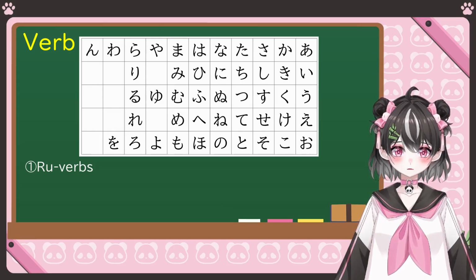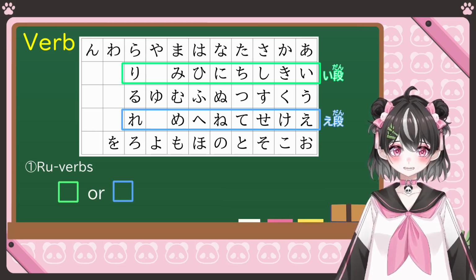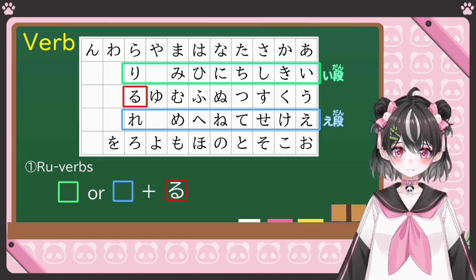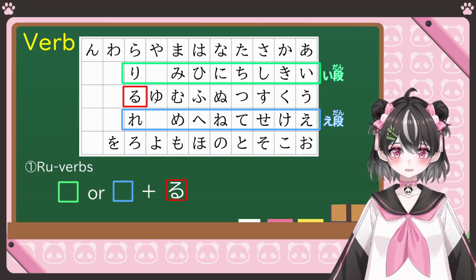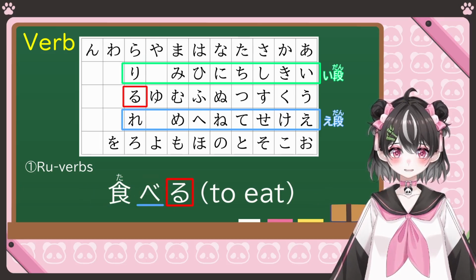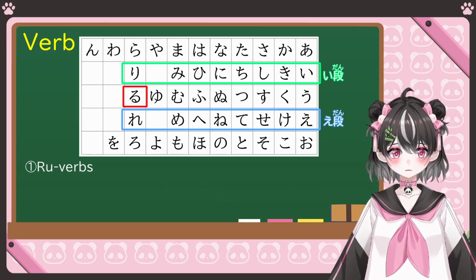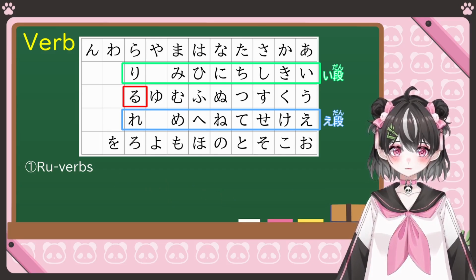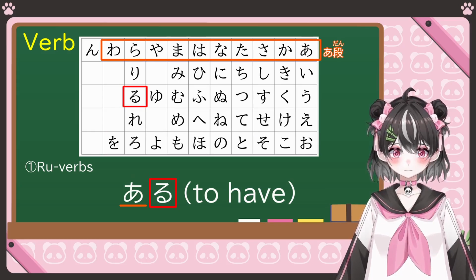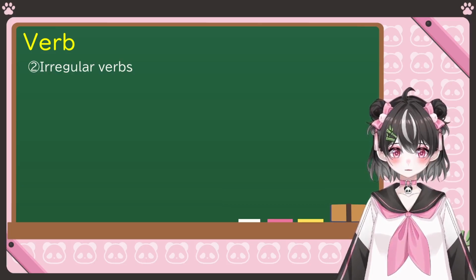Root verbs are verbs that end with い段 hiragana or え段 hiragana plus る。For example, 見る、起きる、食べる。Note that not all verbs ending with る are root verbs, like 取る、ある。